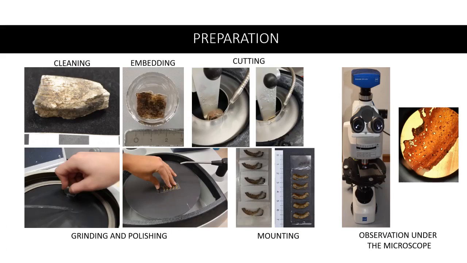Before we can perform histological analysis, bone samples have to be prepared accordingly. In short, samples approximately 1 to 2 centimeters big need to be clean and dry. Clean and dry samples are embedded in resin so that they are not damaged during cutting. Once the resin is dry, samples are cut with a saw to a thickness of 60 to 100 micrometers, depending